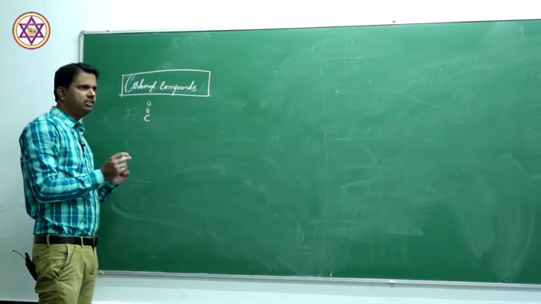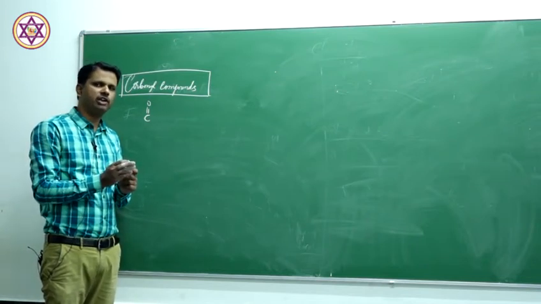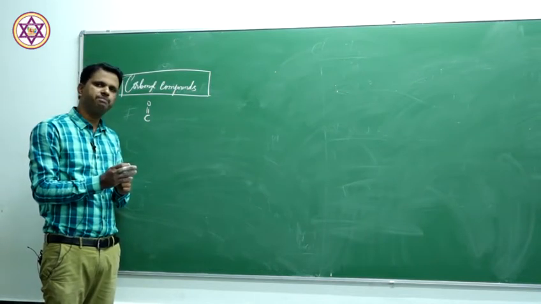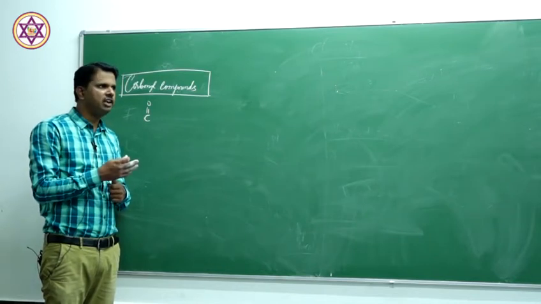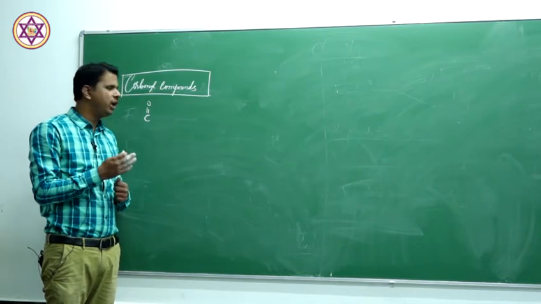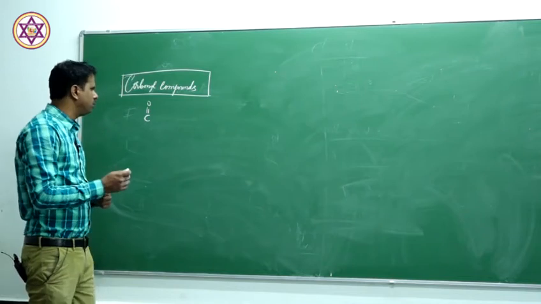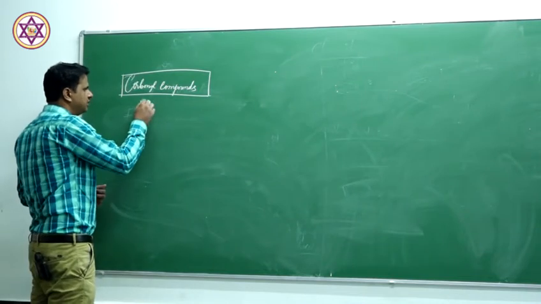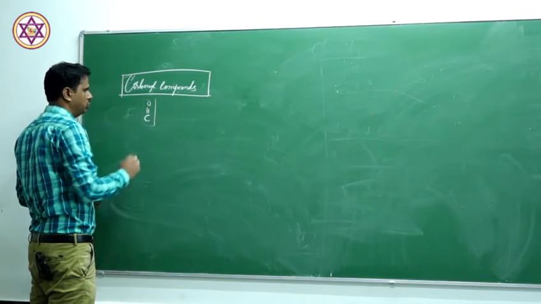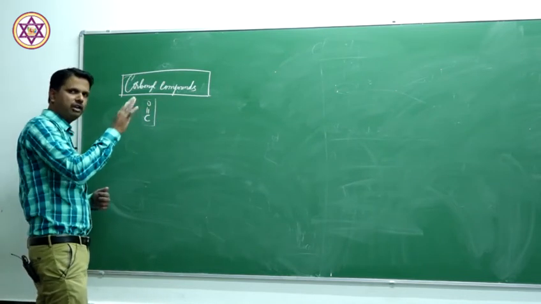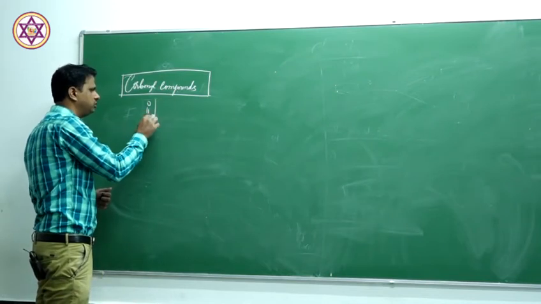Now, do we have one single compound? If I say the nitro group, it means it's NO2. If I say sulfonic acid, it's HSO3. Similarly, if I say nitrile, it is CN. So, is there any possibility that we have one carbonyl group? No, we have several carbonyl compounds. So, some of the functional groups share this group in common. Now, we'll see which are those groups. Okay. In definition, I could say that carbonyl compounds are the compounds which contain this C double bond O group.